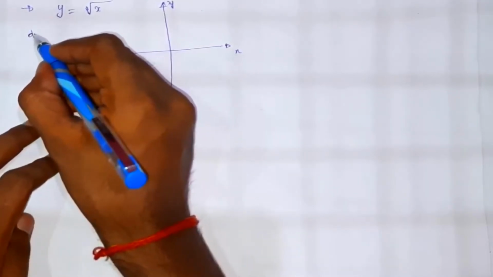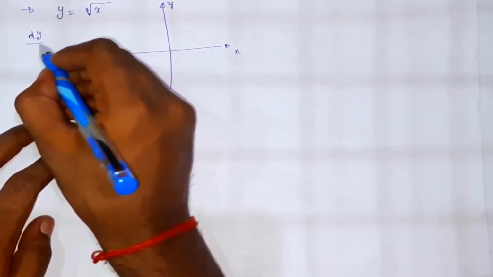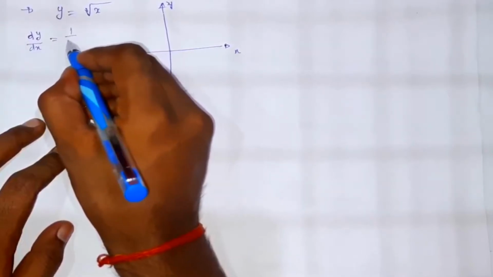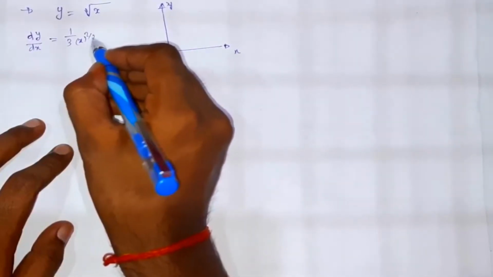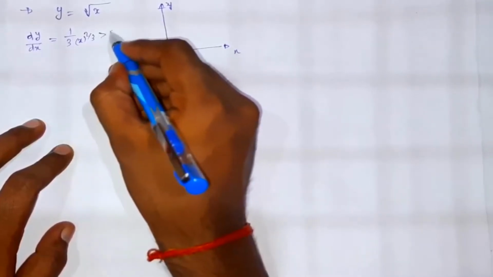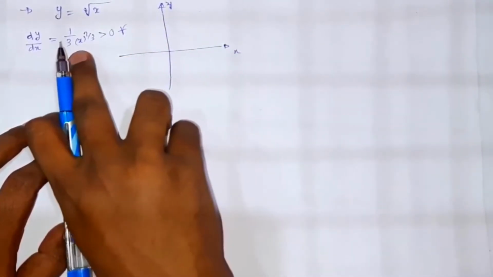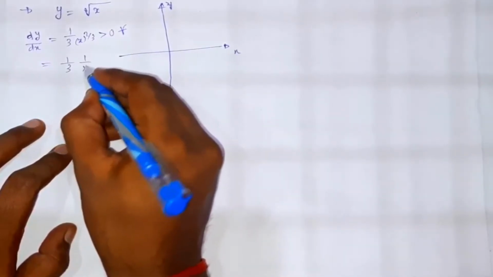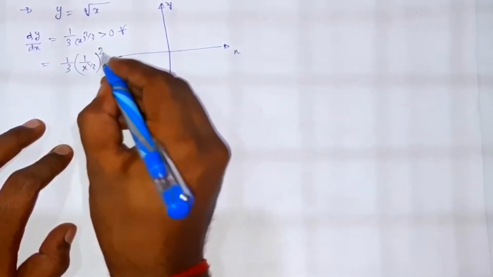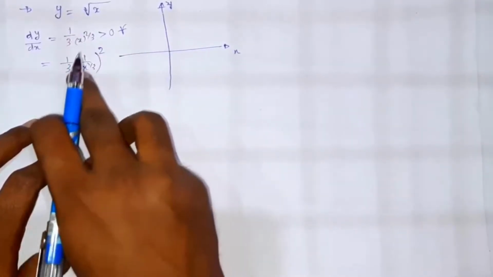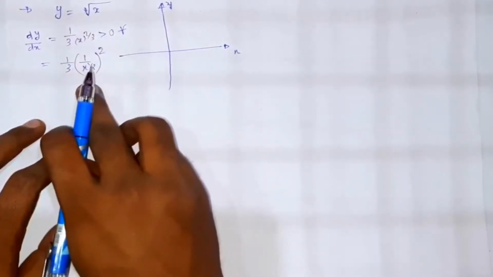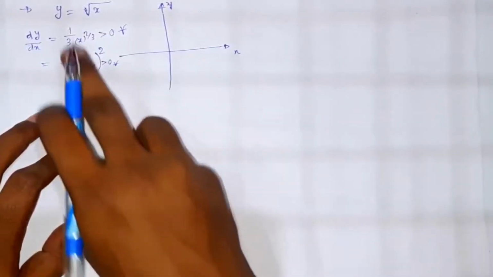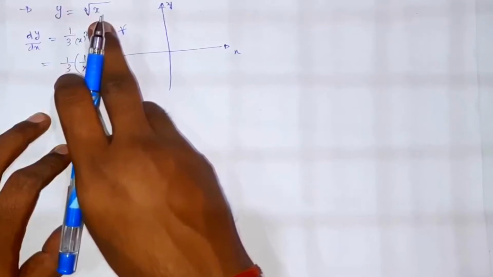To check whether it is an increasing function or a decreasing function, we will simply differentiate to check the slope, okay. This will be equal to 1 by 3 x to the power 2 by 3, okay. This will be positive for every value of x, because here we are getting an x square. For example, this is 1 by 3 times 1 by x to the power 1 by 3, whole squared, okay. We can write this as above. So this is always positive for every value of x, so we can say this function y equals cube root of x will be an increasing function, okay.